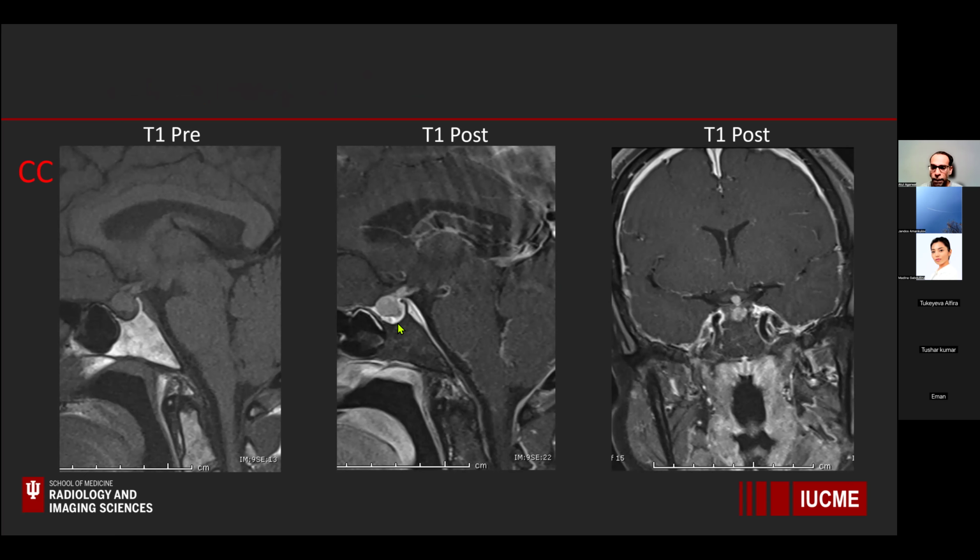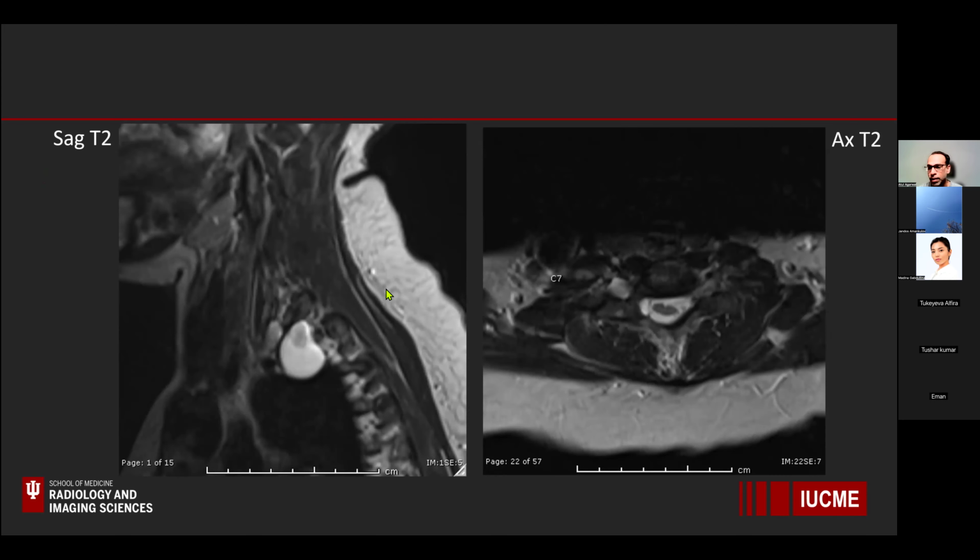And you can see that on the post-contrast sequences, you can see the avid enhancement under the gland and, in fact, going down the clivus. And on the right side of the screen, you can really appreciate the thick pachymeningeal enhancement all along the convexity. And this happened to be because of intracranial hypotension, and the offending lesion was, in fact, in the chest,